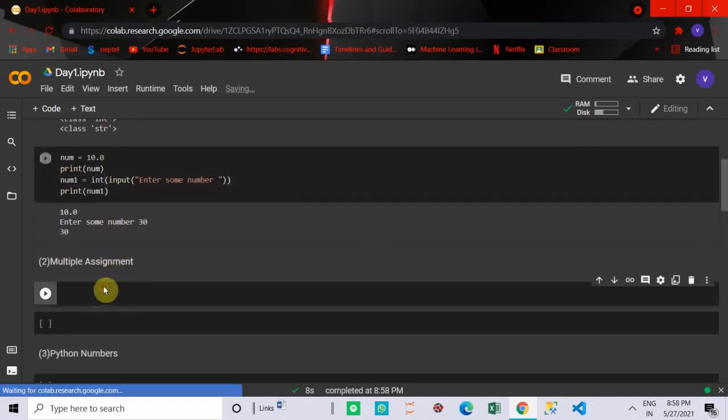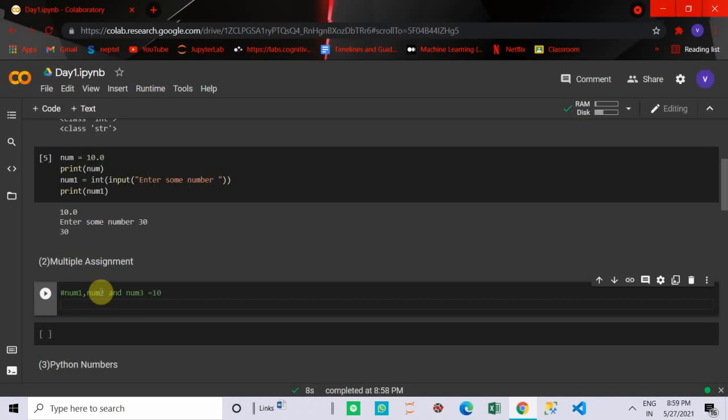So next is multiple assignment. Multiple assignment is basically that you can assign a single value to multiple variables. Suppose you have to assign num1, num2 and num3 as 10, like this. This is a comment that the interpreter will ignore.